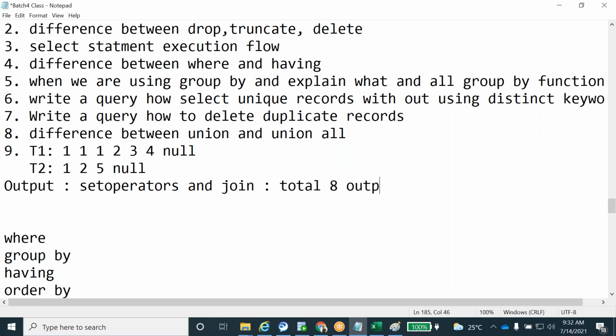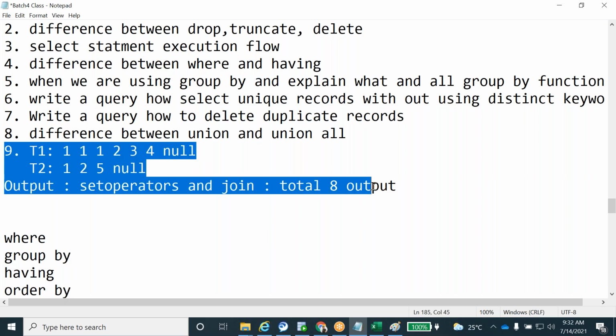Tomorrow I will ask the same question and everyone has to tell the answers. This is important; they will ask this kind of question directly in the interview. You have to understand the join functionality and the operator functionality.